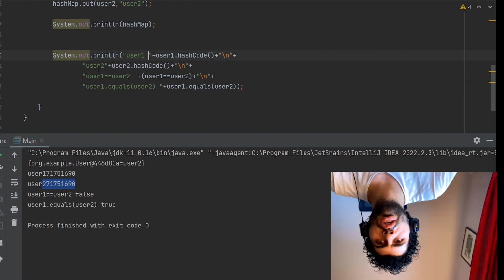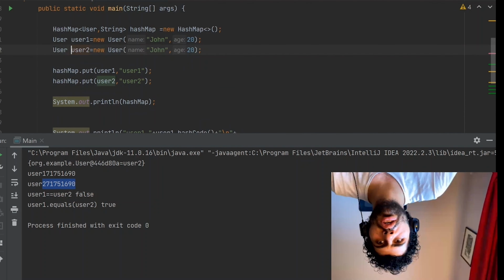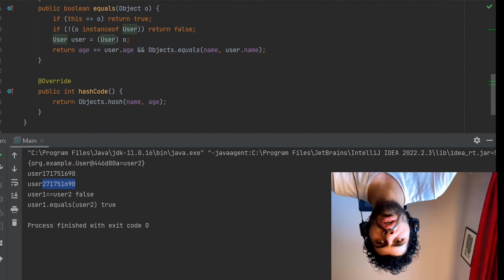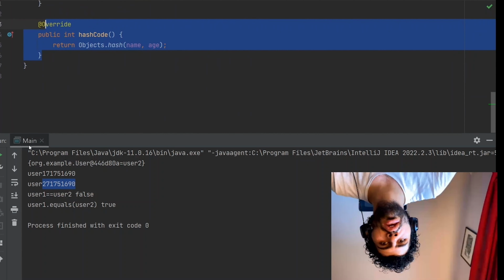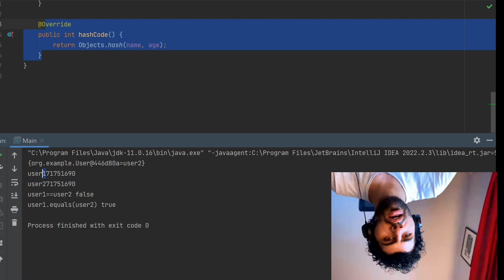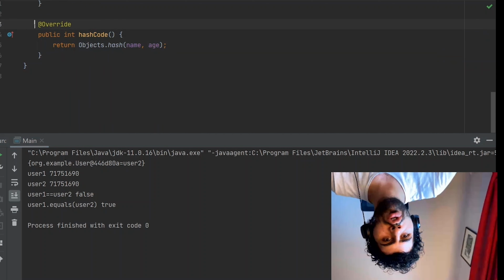Firstly, let's check there. Okay, User hashCode, it is name. We override hashCode, so it should be okay. It is the same, we just didn't put the space. So user first and user second are the same. No problem, we don't have an error. As you can see, user first and user second have the same hashCode. If we delete the hashCode override,